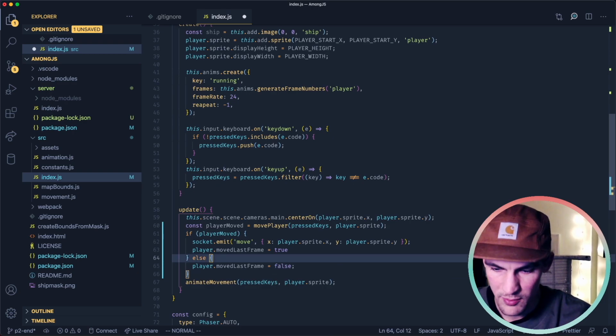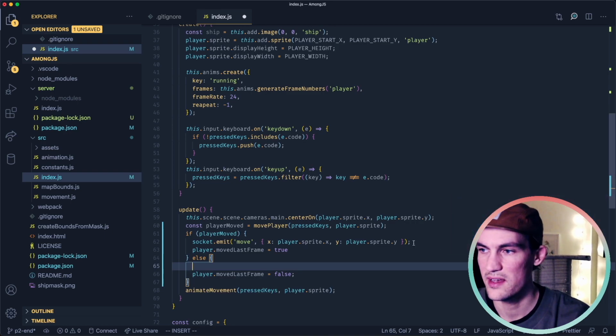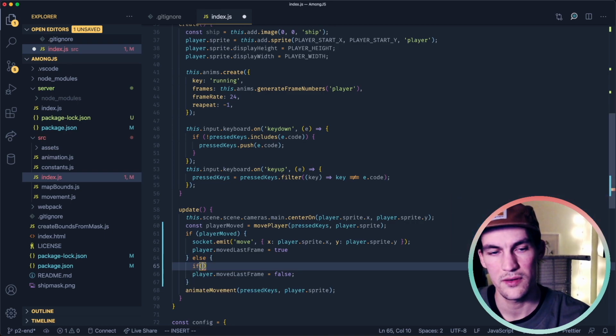Because then we can check before we set it to false. If the player didn't move this turn but it did move last turn, then we can send another type of event through the WebSocket.